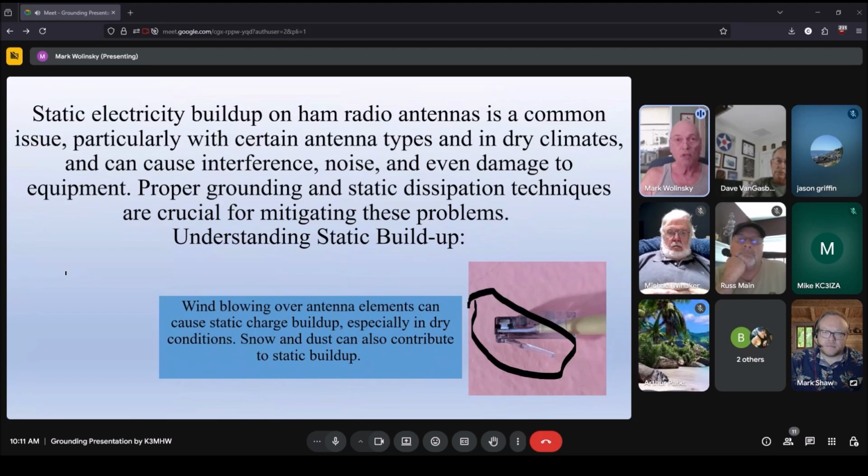99.9% of damage to radios and other equipment is caused by static discharges that are not lightning. Let's put it that way, because they're both considered static. Static electricity builds up on your antennas. It's a very common issue. And certain types of antennas in dry climate and even wet climate, you can get interference, noise, and damage to